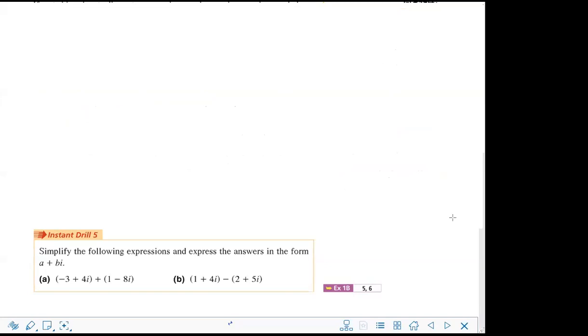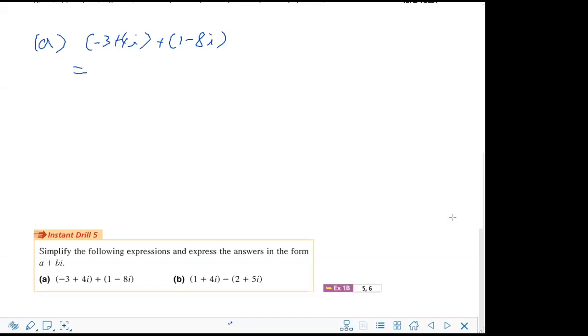Instant drill number 5. We need to remove the brackets and we need to check whether it